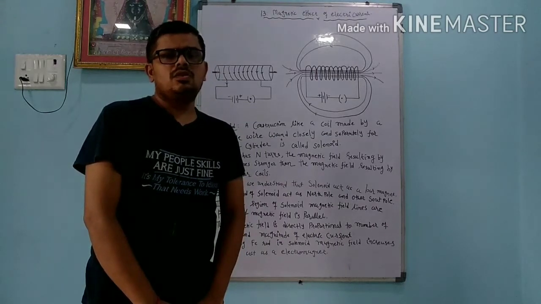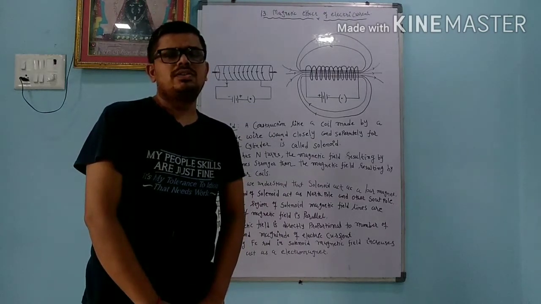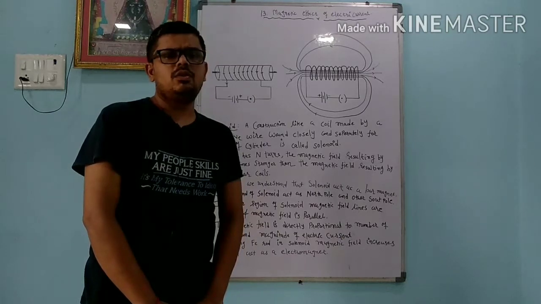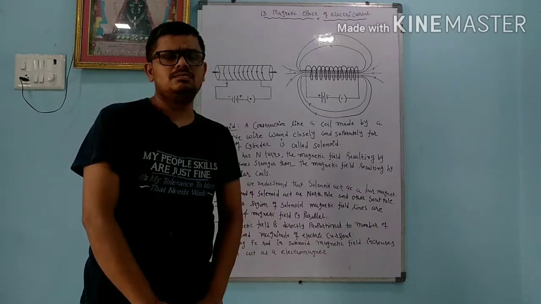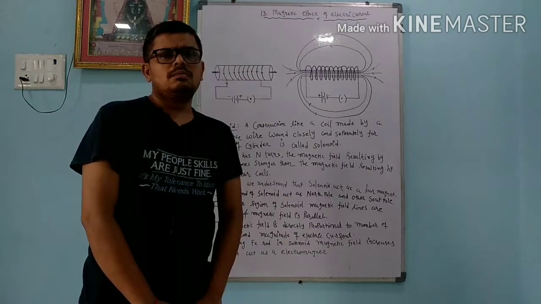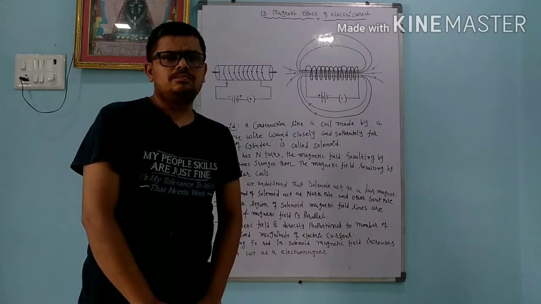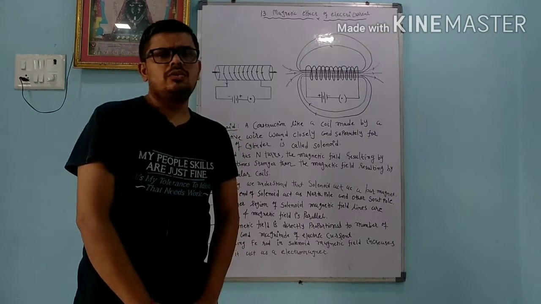Okay, now that is only one wire, so because of that reason a very weak magnetic field is produced. But suppose we increase the number of wires, n turns of wire, then what happens? The magnetic field becomes more and more powerful. By using this idea, scientists developed the solenoid. Okay, so solenoid is made up of what?